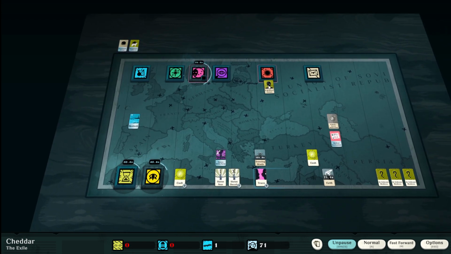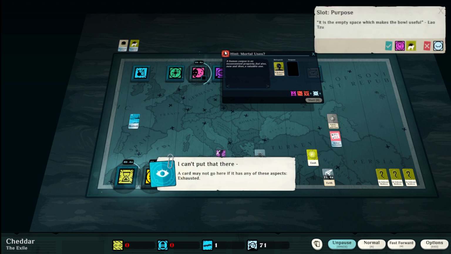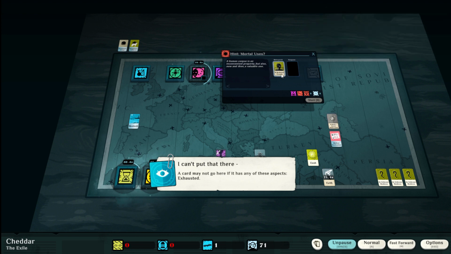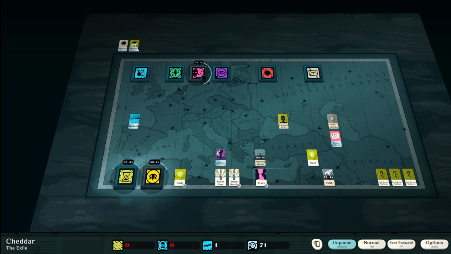Now, one of the things we can do with the Reckoner, which is kind of fun, is that if this was up and going, I could use it. It cannot be exhausted to put in here, but if I put it here, you can actually sacrifice a Reckoner's corpse to the gods of war and get a boost. But since I use the Knife's Secret to do so, and it's going to take that long to be able to get it up, and I've still got, of course, too many traces going here,